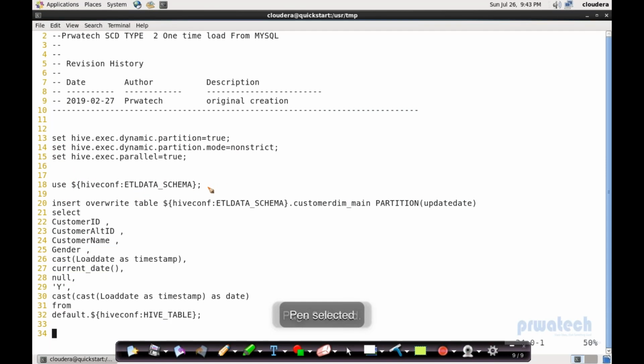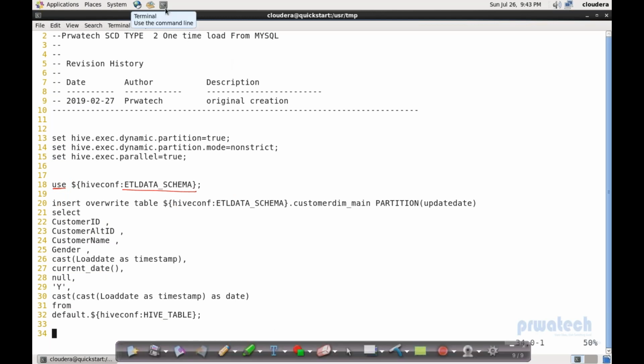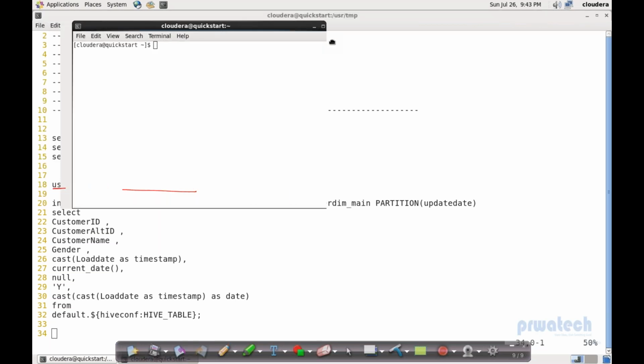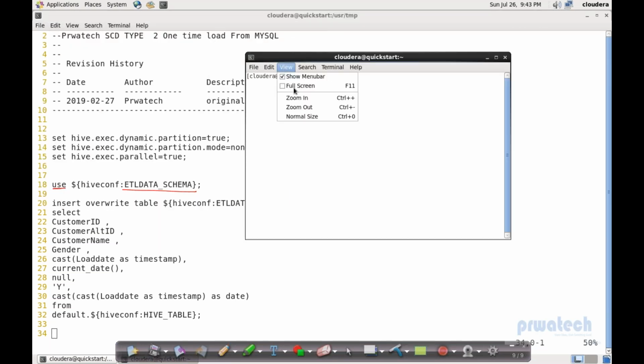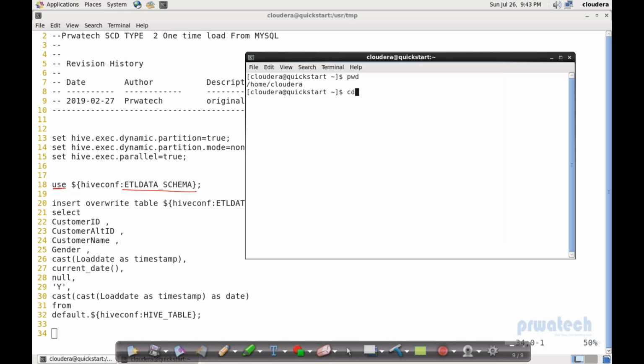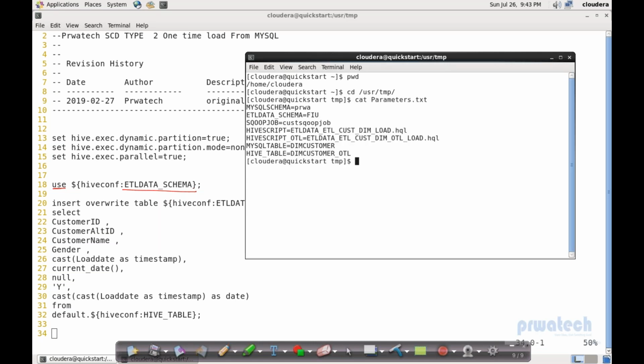use ETL data schema. So this is using the ETL data schema. Now, I don't know what the ETL data schema is. Let's go and check from the /user/tmp directory. Everything is there in the /user/tmp directory. cd /user/tmp, then cat parameters. So the ETL data schema is FIU. It will create inside FIU, and I'll go to the Hive shell